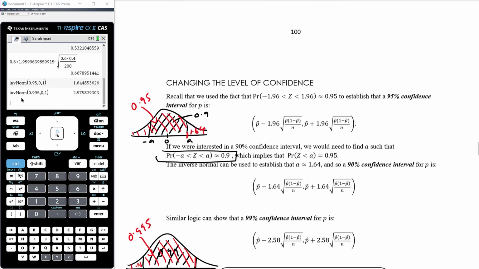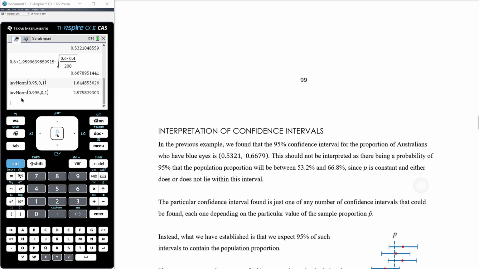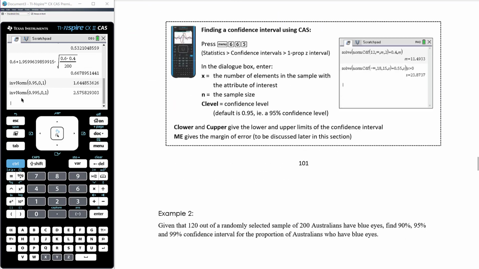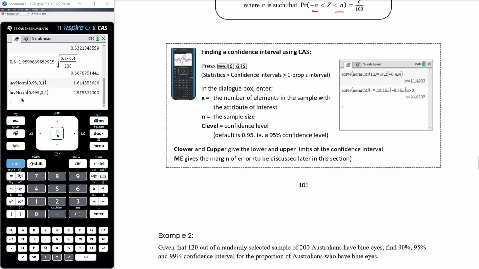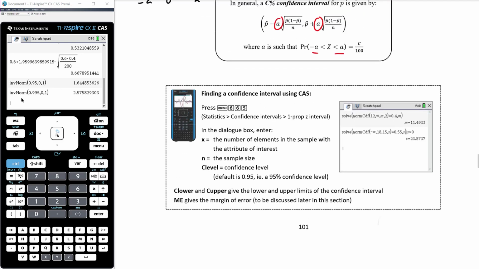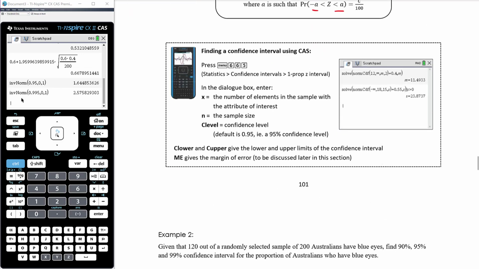Now, all of that is a little bit irrelevant, to be honest. It is important that we understand the bits and pieces of that confidence interval and where that comes from, but we can actually use our CAS to find a confidence interval. So if we go back to our blue-eyed example, which is what we're going to be asked to do here in example 2,